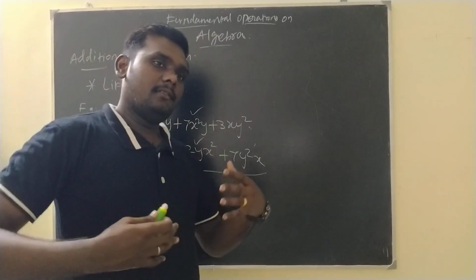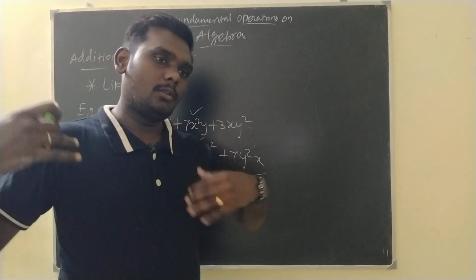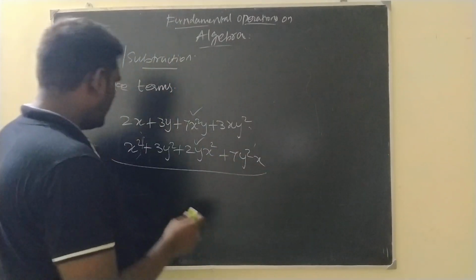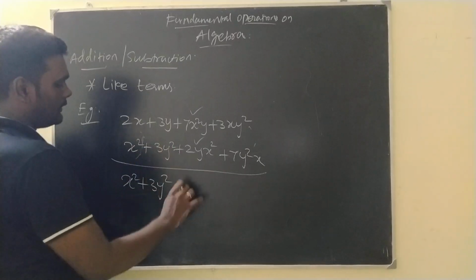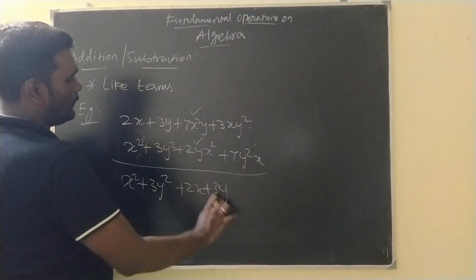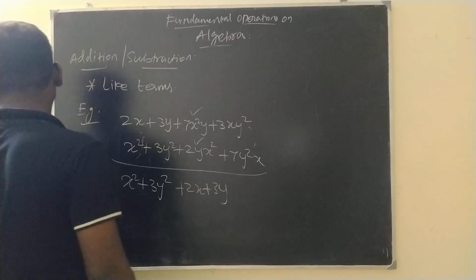Better if we write from the bigger powers to the lower ones. So x square plus 3y square, and then power 1, we have 2x plus 3y, and